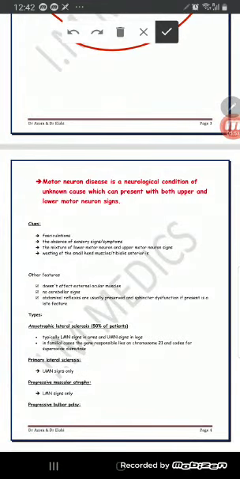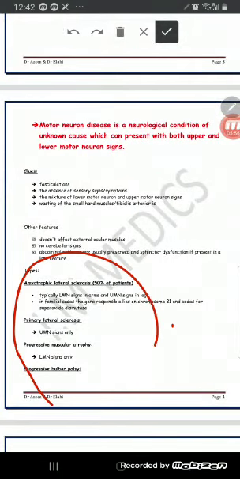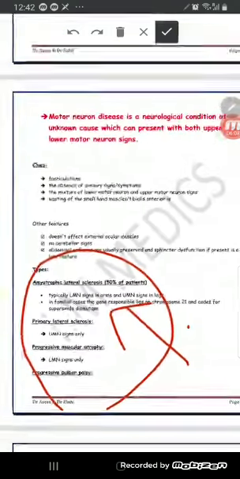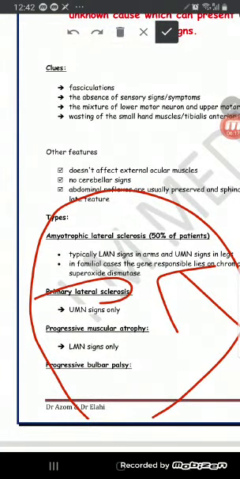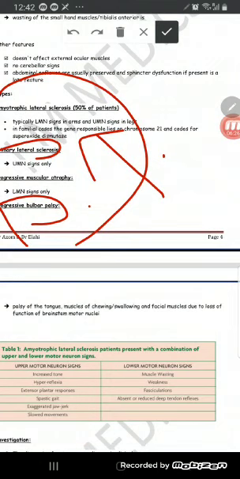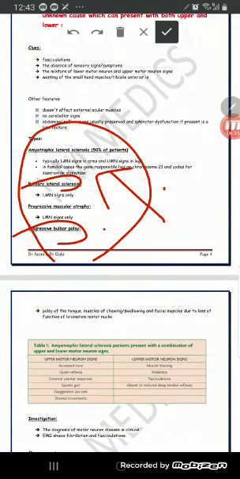Now, there are different types I mentioned to you. The majority of them, the most common one, is ALS, amyotrophic lateral sclerosis. That's the most common one. In this one, you have a combination of lower motor neuron and upper motor neuron as well. Primary lateral sclerosis only affects the upper. Progressive muscular atrophy only affects the lower. And progressive bulbar palsy basically causes palsy of the tongue, muscles of chewing, and swallowing. It affects the facial muscles. So there are different types of